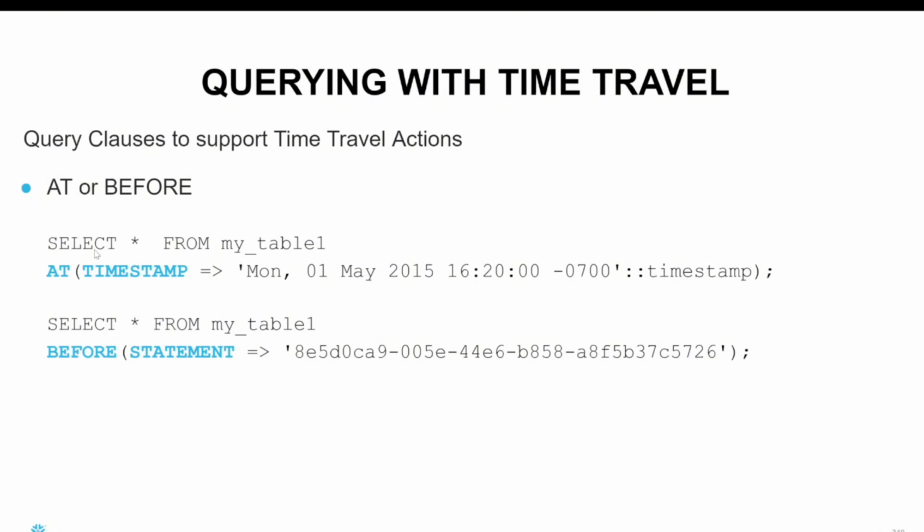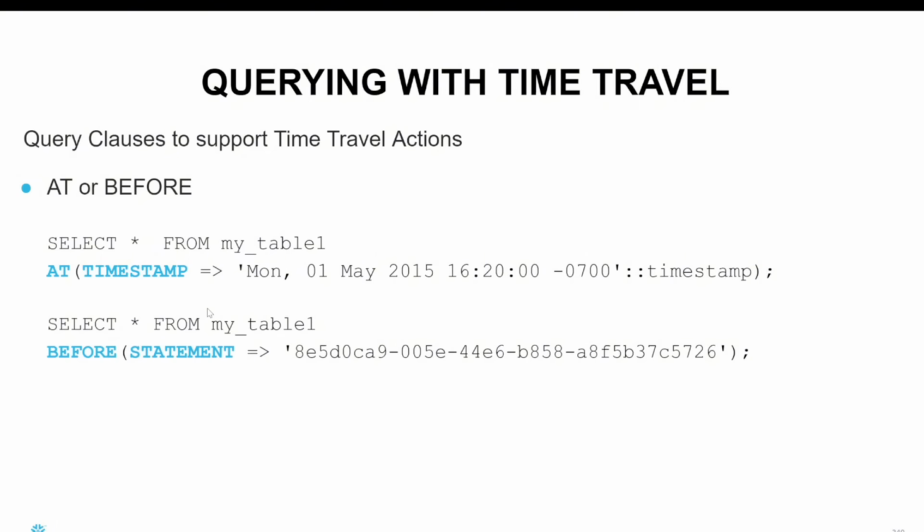So from a particular table, if you want to access any historical data, at a specific timestamp, whatever is the snapshot of your table at that point of time, you can access that from this particular query. Or if you want to access the data before running any SQL query, let's say you